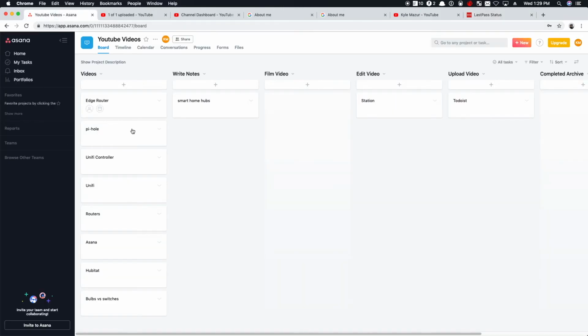So Asana has this Kanban board thing. So here's how I manage my videos, and here's the list of videos that I'm going to be working on, and how I'm writing notes, and then when I film it. You can take this sort of stuff and you can drag it over and back and forth as you're doing stuff. It would be kind of cool to integrate that into